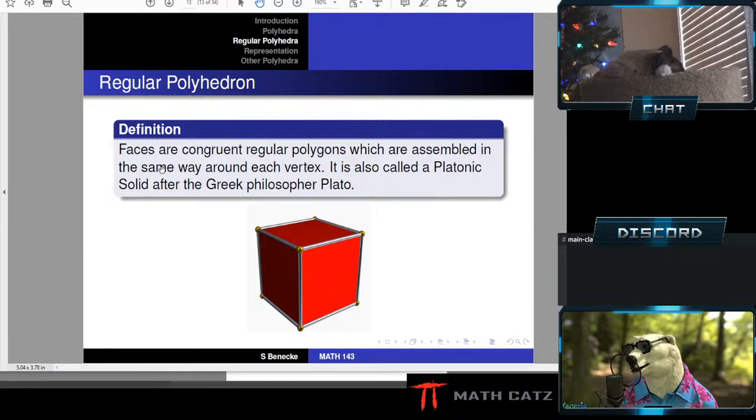Assembled in the same way around each vertex. If I look at the cube here, 3 squares come together at one vertex. 2 faces come together at an edge. And no matter how I rotate and spin this cube around, at every vertex, the same thing happens. Okay? So I want as much structure as I can to try and have an